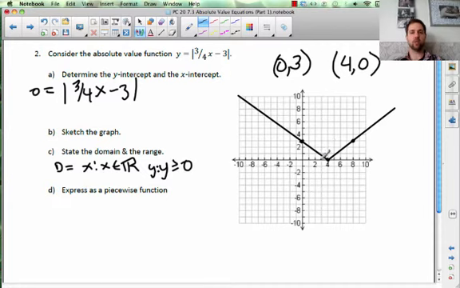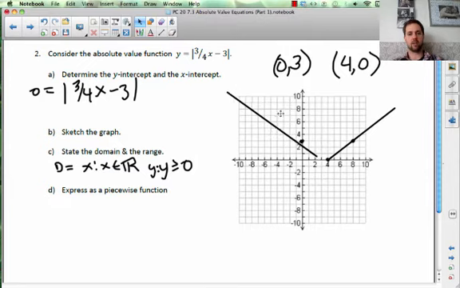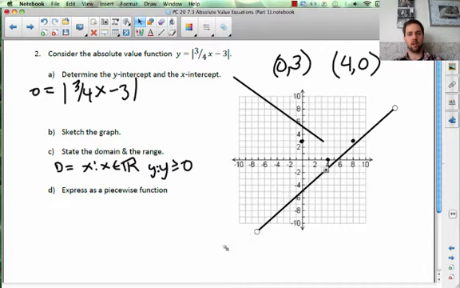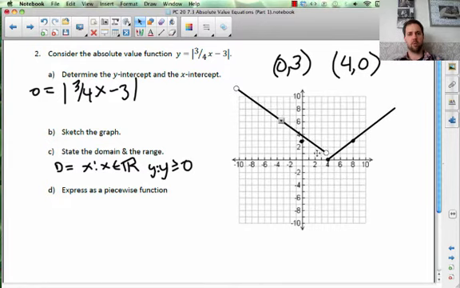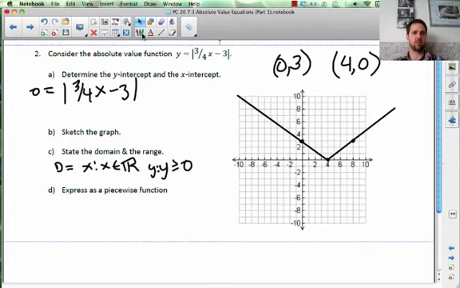Express as a piecewise function. So here's the turning point. If it wasn't an absolute value function, instead of having this piece here, this piece would just go on forever down here into the negatives like that. Okay, but since we can't have negative y values, everything pivots on this point, or hinges right there on this intercept. So as a piecewise function,